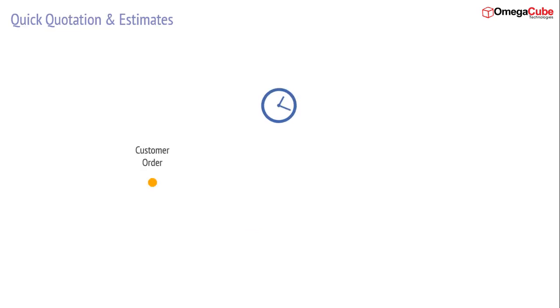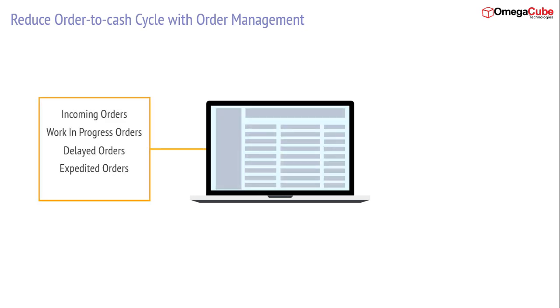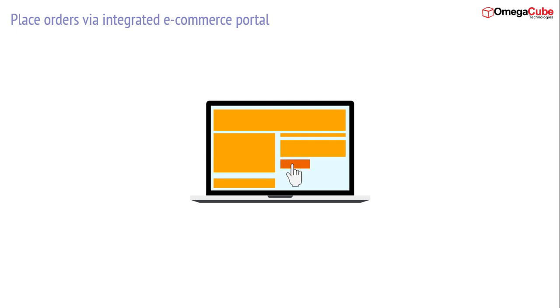OmegaCube ERP helps fabricators to reduce order-to-cash cycle, and improve order fulfillment ratio. Order management workflows are automated, and fabricators can view all incoming, work in progress, delayed, expedited, and completed orders in a central location. They can ensure quick response to customers, and eliminate delays by getting real-time updates on each order at any stage. OmegaCube ERP's e-commerce integration capability enables customers to place an order via the e-commerce portal, and track